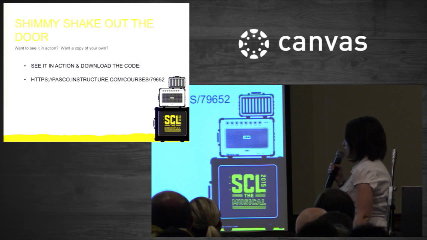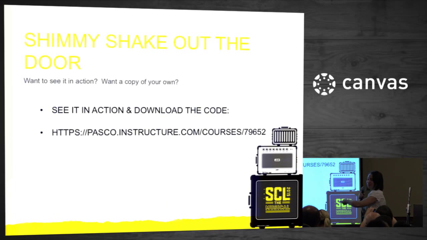So here's the magic area where you can download our code. This is just a course in our instance of Canvas. And this course has an example of all the templates that are in this file we're sharing with you. And then at the bottom of the modules, it will say download this code. And it gives you the CSS code, the Google fonts, and all the image files that we used in, I think, the 5 or 6 templates that we are offering in this course.